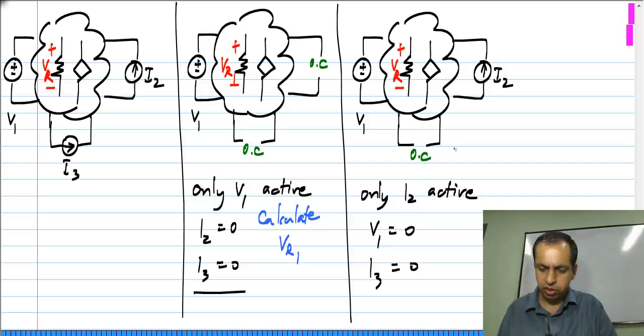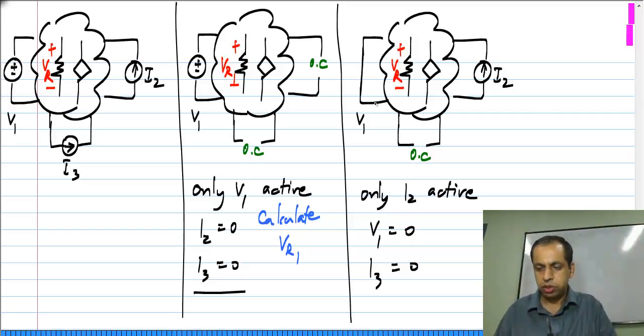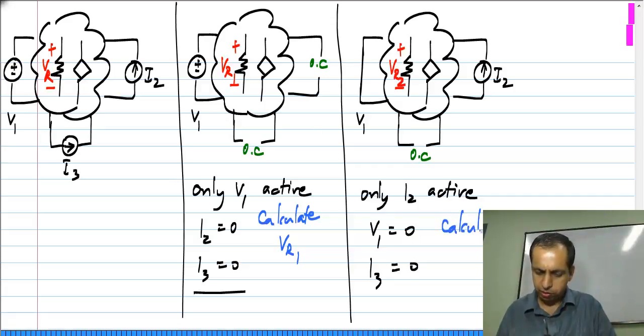So, I open circuit the current source, and I have to set V1 to 0. A 0 valued voltage source is a short circuit. Okay, because between these two nodes you have 0 volts. So, that means that we have a short circuit. Okay. And I get a certain value of the resistor voltage from this, and let me call that VR2. So, I calculate VR2. Okay. And finally,